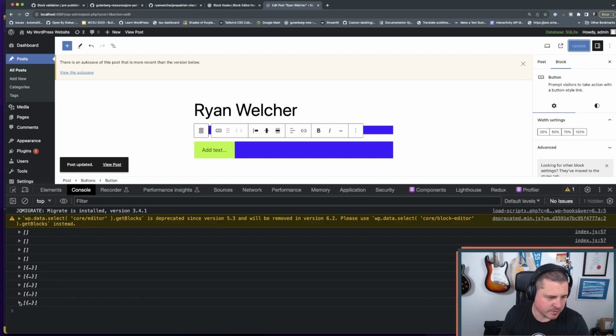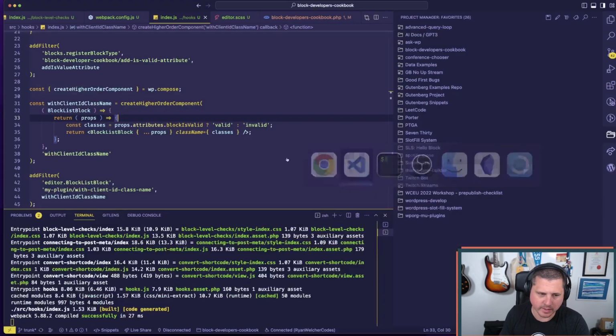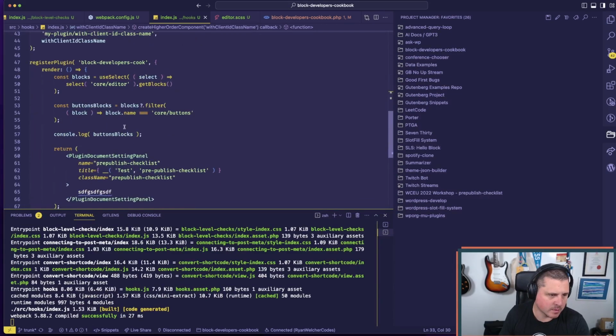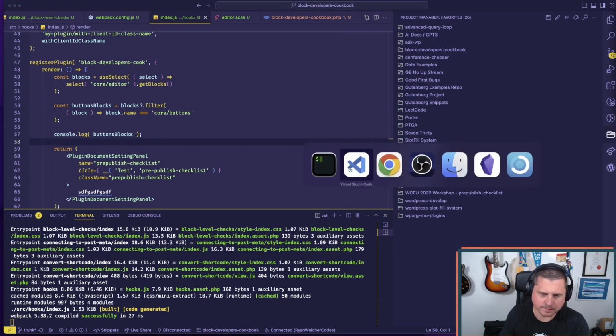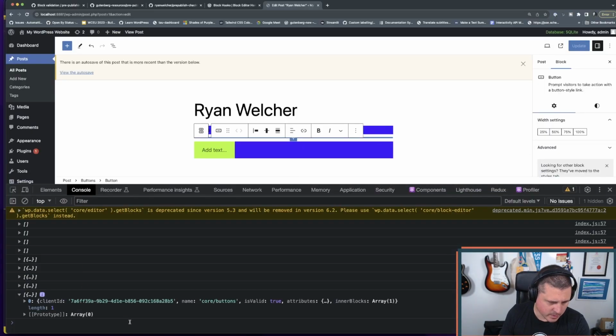So we should have just a single array in there, so we can just kind of take the first one off of that. For our cases, right? So we can say, and then we want to select. What is it? I think we want basically child blocks. So then you should be able to say console log. Okay. Sorry, I keep doing the wrong thing. Okay, so now if we go select get